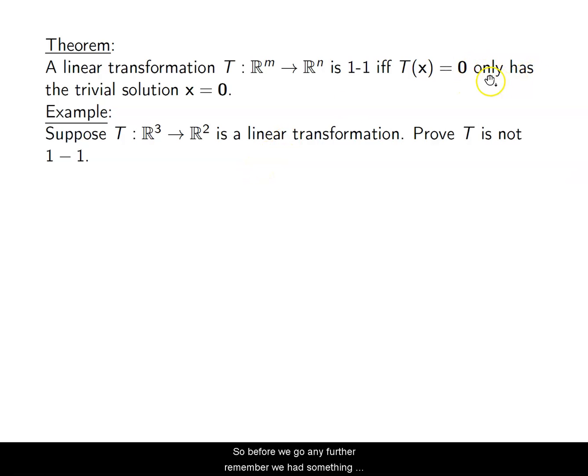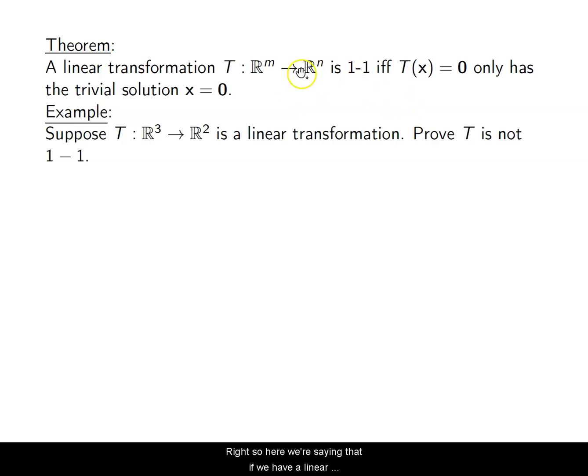So before we go any further, remember we had something similar with having only the trivial solution or not having the trivial solution. And that had to do with what we like to call linear independence. Remember, what is our definition of linear independence? I don't have it here because this is not the linear independence section, but I suggest that you go back and look at our definition of linear independence and compare it to this definition, right? Our definition for linear independence is that if we have a set of vectors, the only way for us to make a linear combination of those vectors and get the zero vector out is if all of those coefficients are